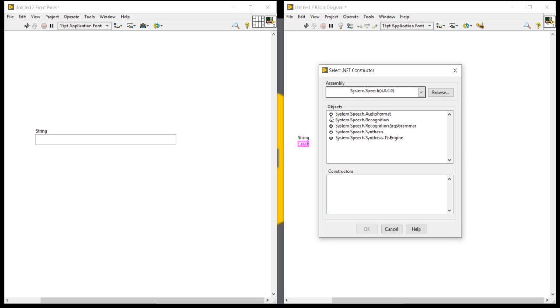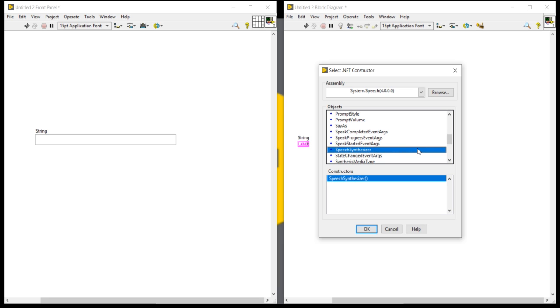When you select the system speech, you will find this. In the fourth number you will get speech synthesizer. Double click the speech synthesizer and drag it top to bottom, and you will get the speech synthesizer. Are you getting this speech synthesizer?